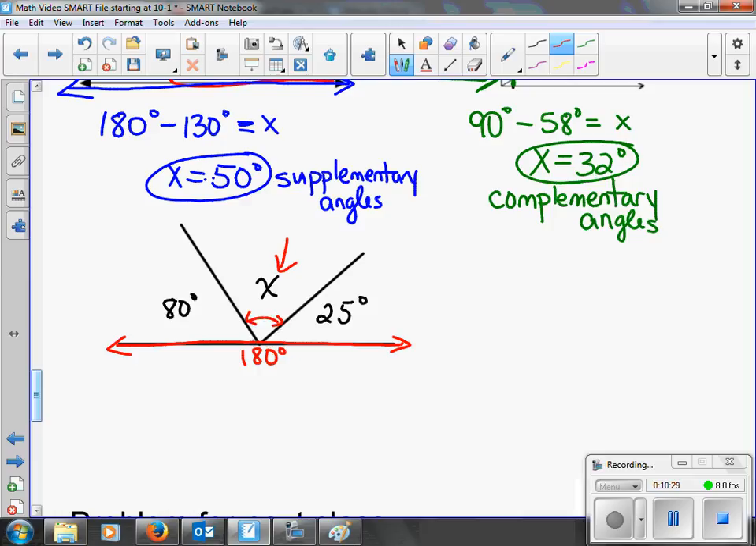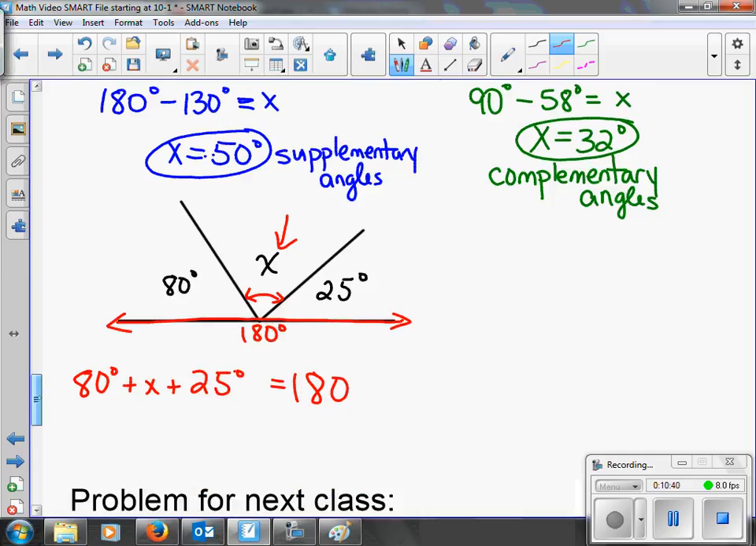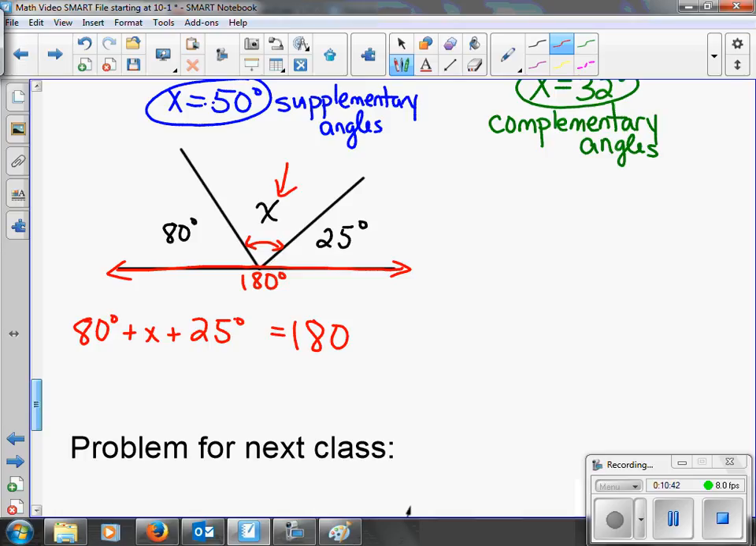Well, we know it has to equal 180 degrees, so I could look at it this way. I could add up 80 plus x plus 25 to get 180 degrees. Okay, 80 plus 25 gives me 105 degrees plus x equals 180 degrees. So what I did was I added this angle and this angle together to get 105 degrees. Then I said, now I just need to figure out x. What I'm going to do is subtract 105 from this side, subtract 105 from this side. So I get,